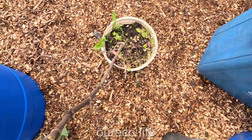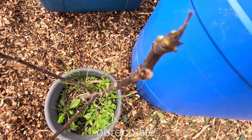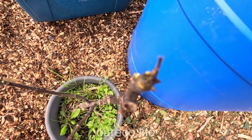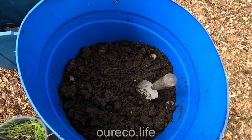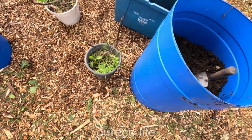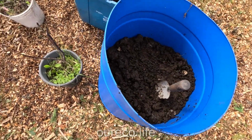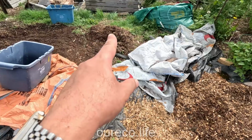Right, these figs are the ones I'm going to put in, and you can see they're just about coming out of dormancy, so they need to go in. So I put some manure and soil in these 2 tubs, and I will add a little bit more of that compost on top of the manure and soil, and then I will plant them and put some more of